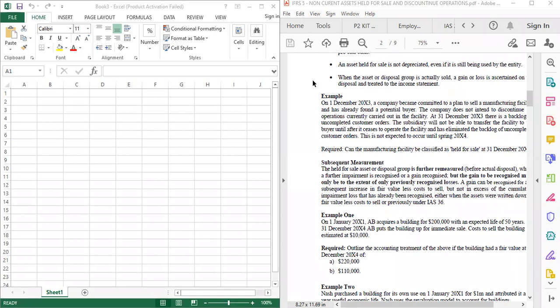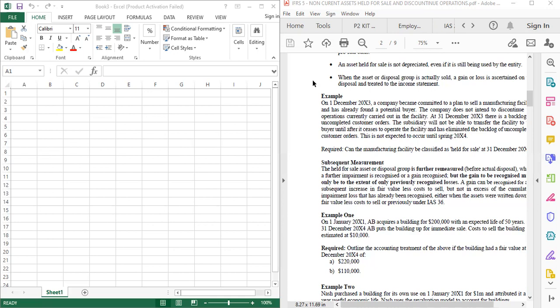So last time we were looking at non-current asset held for sale and discontinued operation. And we have solved questions on single assets. Single assets, when you have an asset that you are no more using, you want to sell it. How are you going to recognize it? We recognize the asset at the lower of the carrying value or the net realizable value. We solved a question on it the last time. We tried to solve last sitting's question, and we will continue today. We will continue today to look at disposal group and also asset held under